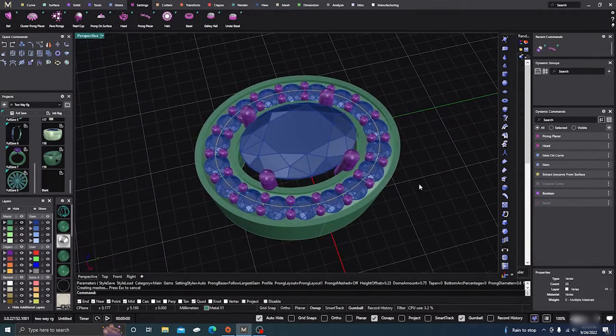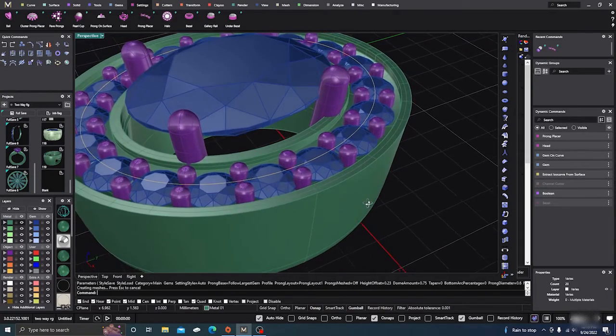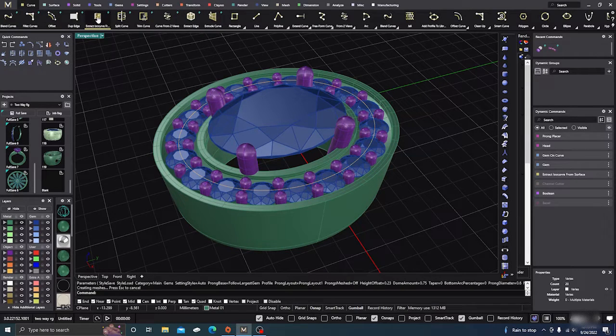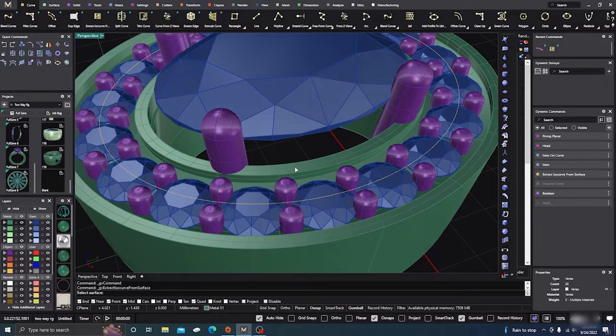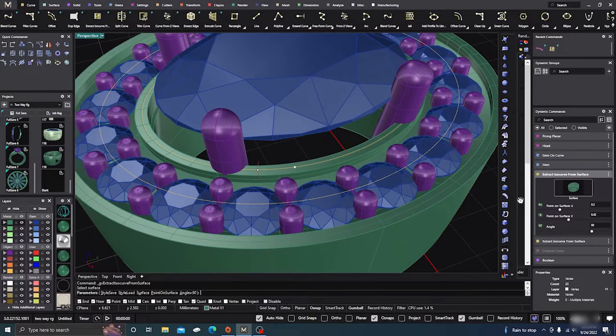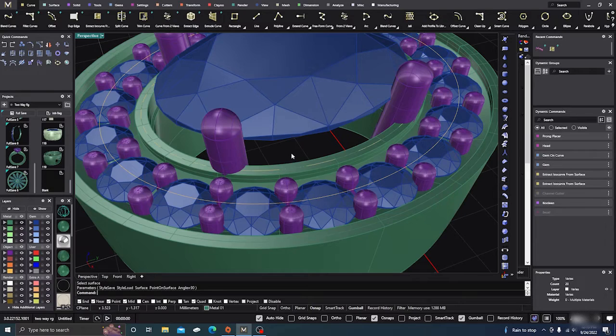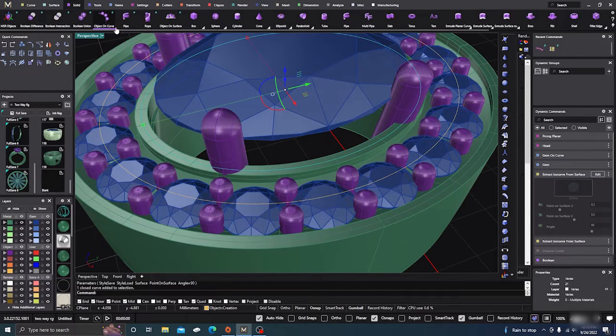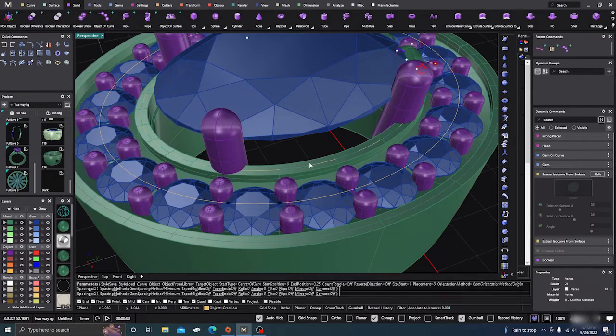And then from here, what we can do is go to curve again, extract ISO curve, and this time we want it on this surface here, and again we want it at a 0.5. Enter, enter, enter. And then we'll take this curve and go to solids and go to object on curve,